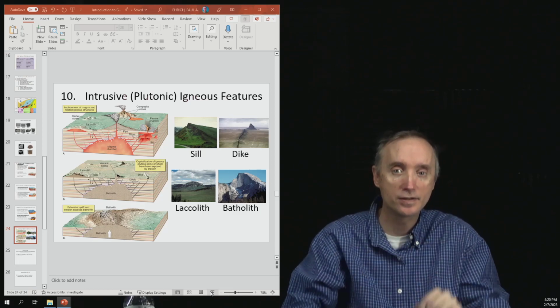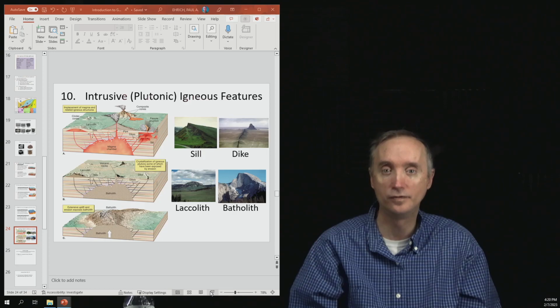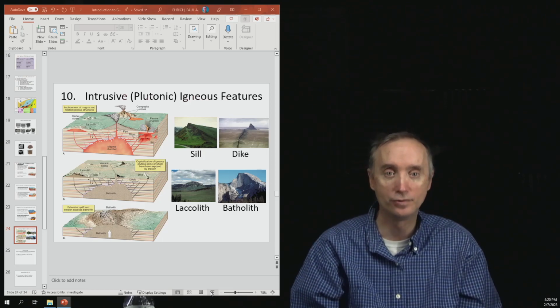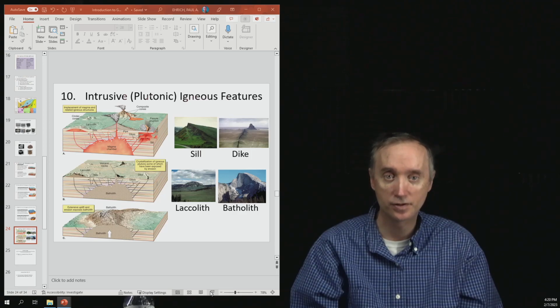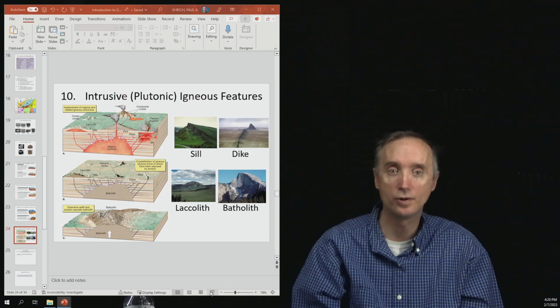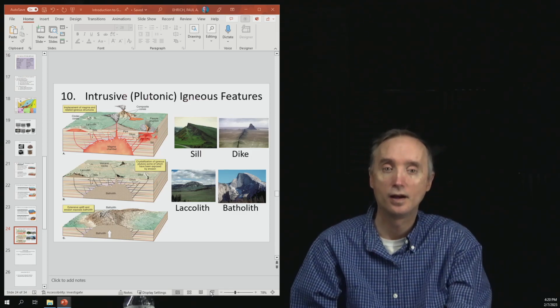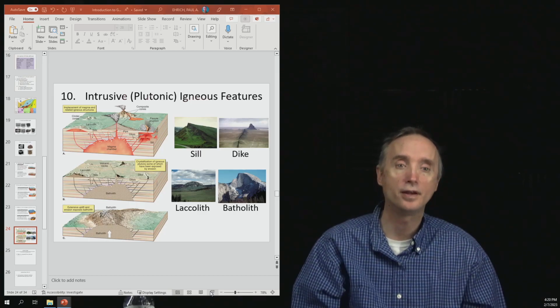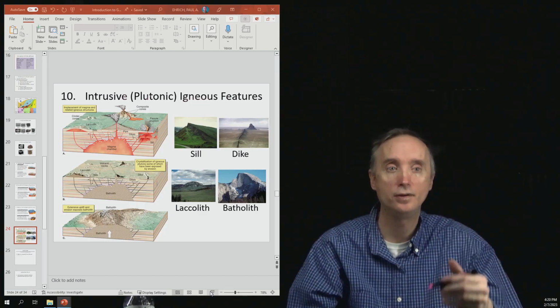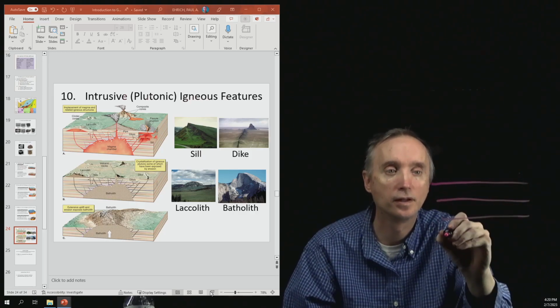And then as that solid rock is exposed, it's going to look like a series of bulbous mountains. And we're going to call those things batholiths. So you can see there's a picture of what a batholith is going to look like when it's eroded up to the surface. Now, a laccolith, on the other hand, is going to be whenever you've got parallel layers of